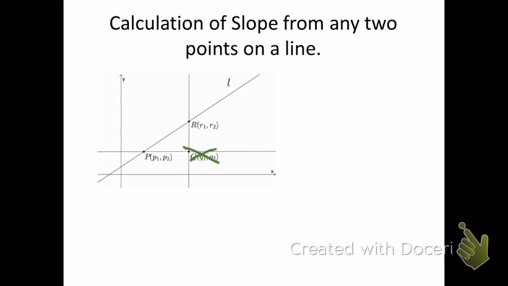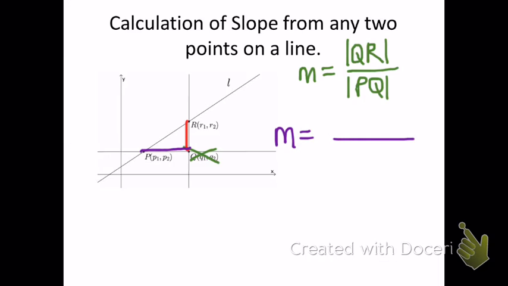Okay? So what I want to do is, remember our slope is this ratio. It's the ratio of the vertical distance to the horizontal distance, length PQ. Okay, so it's that ratio. So I need to find these lengths here. I need to find this length QR, and I need to find the horizontal distance PQ right there. And we're going to do that just using the coordinates of points P and R. So our slope